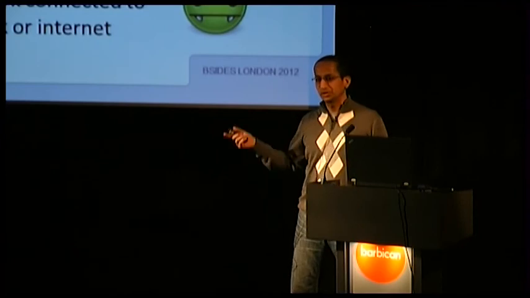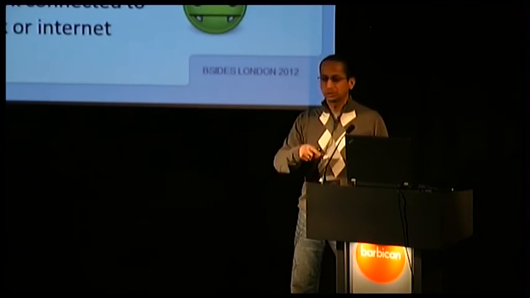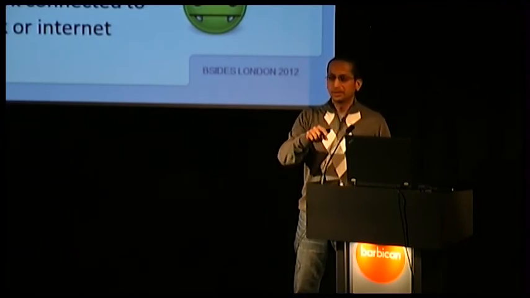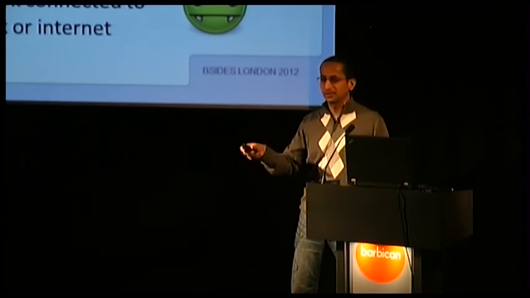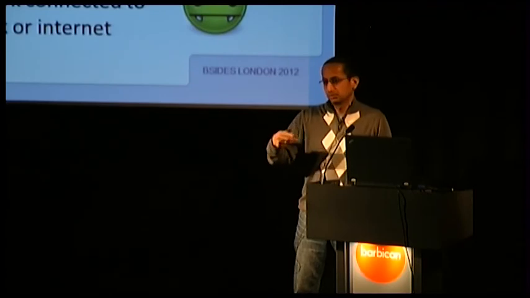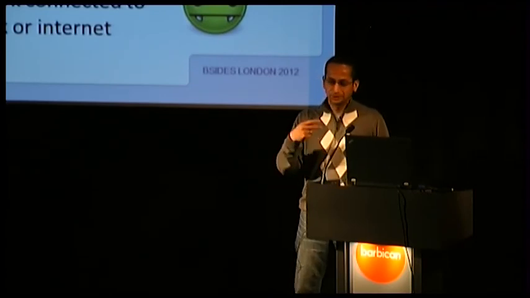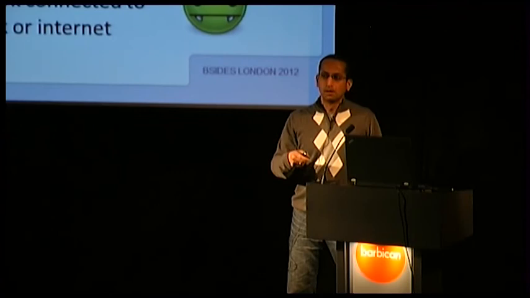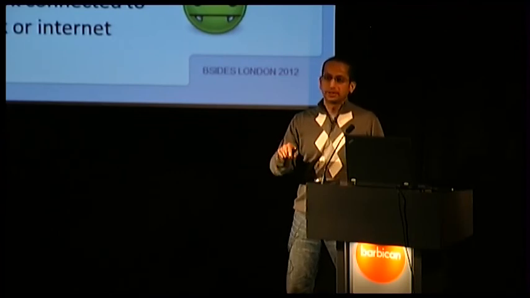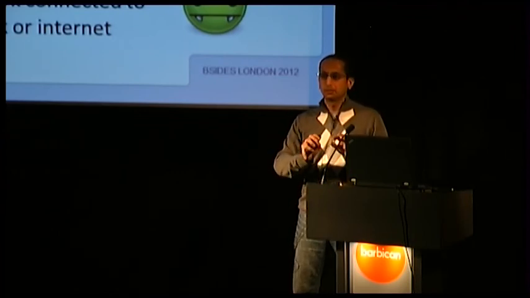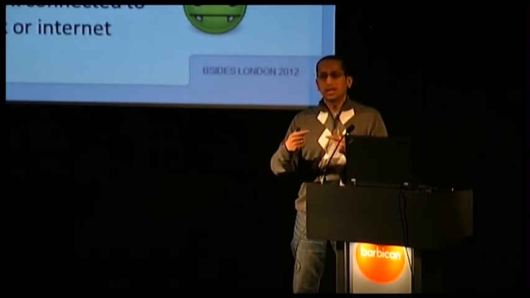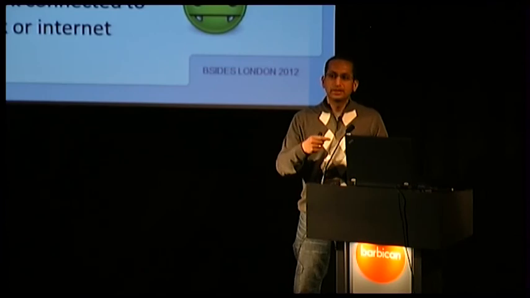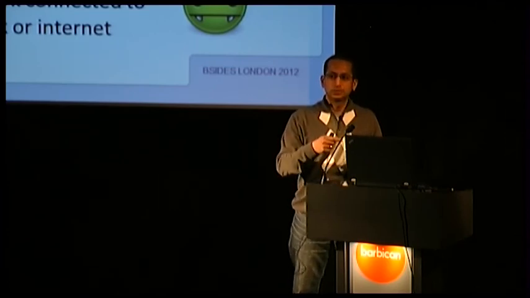So if it is an HTTP service, it will store in its database that this IP has this banner. If it's an FTP service, it will store this IP, this banner. If it's Telnet, SSH, it will do this and store it in its database. What you can do is, when you go to the website, there is a search button. You can say port 80 string Apache. So it will give you all the live IPs on the internet which have port 80 open, which has the